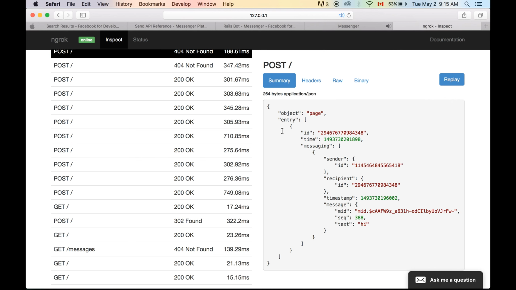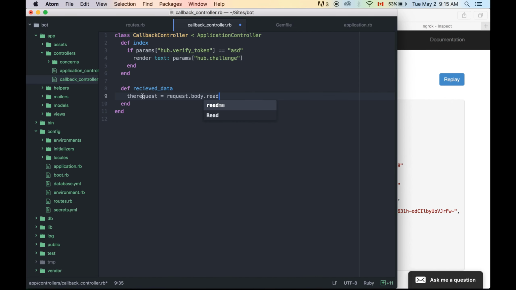Okay, and right now we have this variable inside the request, and let's make a variable called data equals JSON.parse the request. So right now we have our JSON parsed in a variable called data,